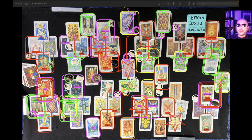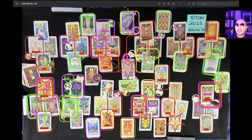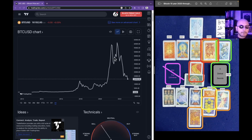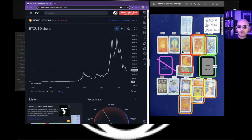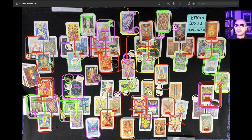This is the Bitcoin 1 year overview reading for the year of 2023. It's currently November 22nd, 2022, 8:52 p.m. Eastern Time. And the current price of Bitcoin at the time of this recording is $16,192. Really took a nosedive. So with that said, I also took a look at the 10-year and updated that, but